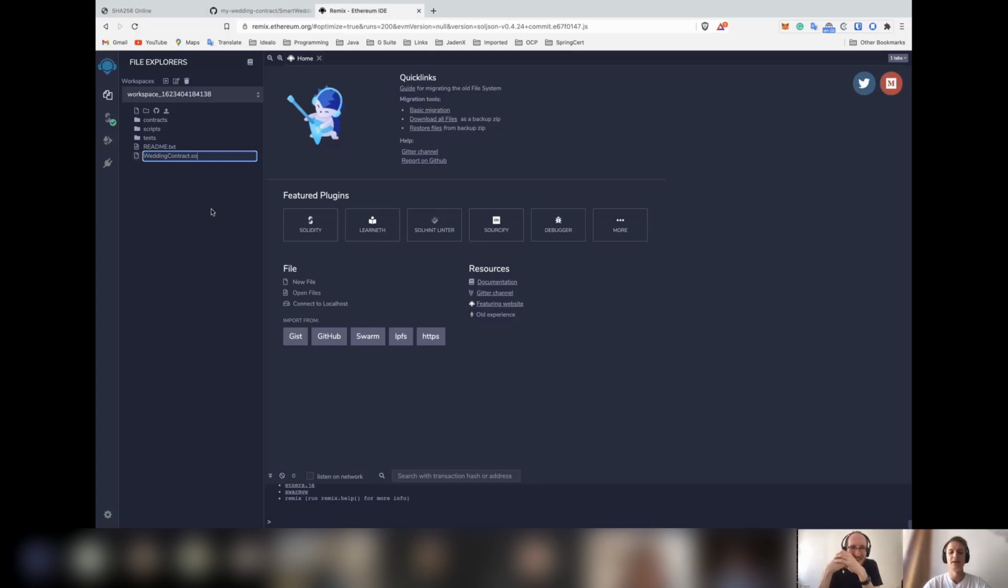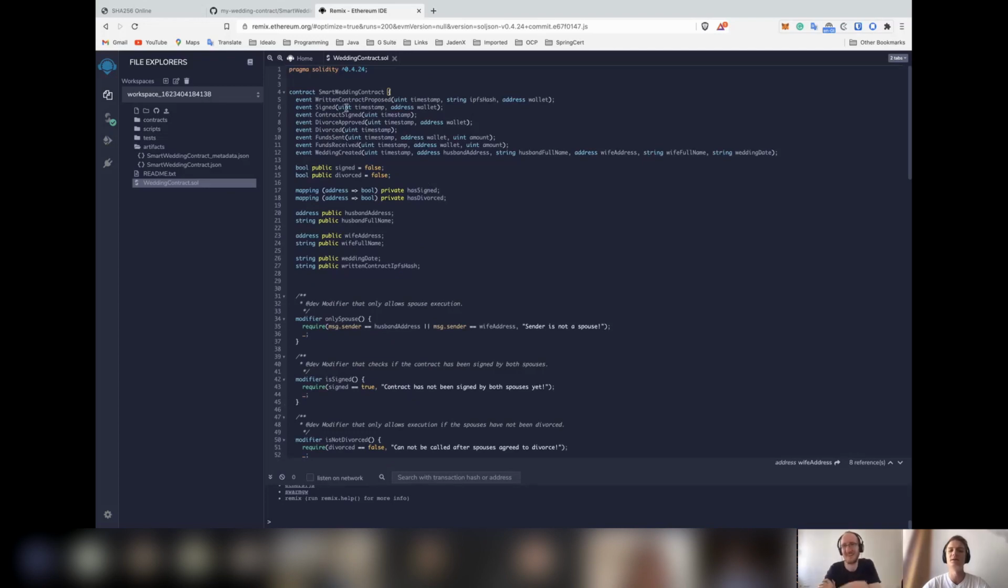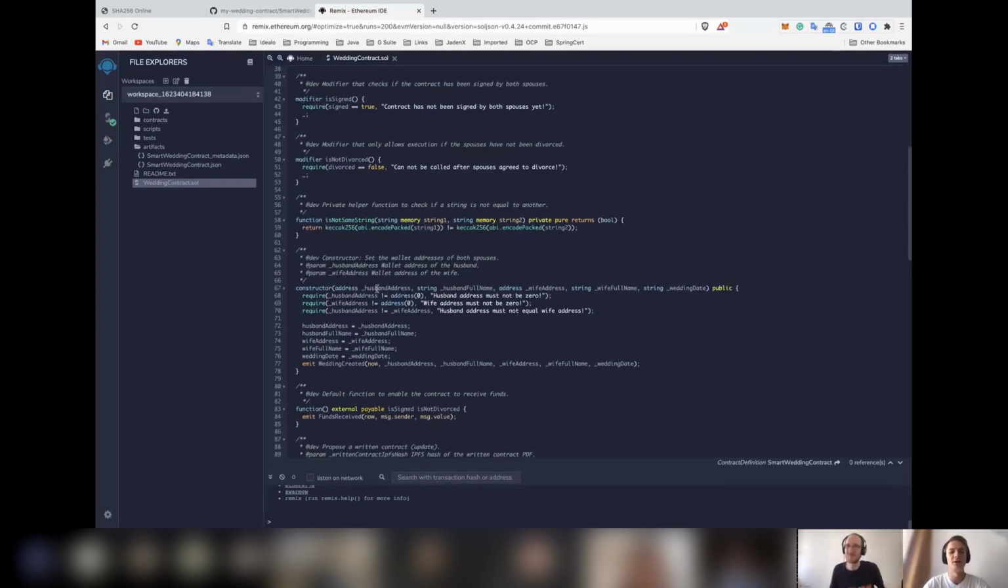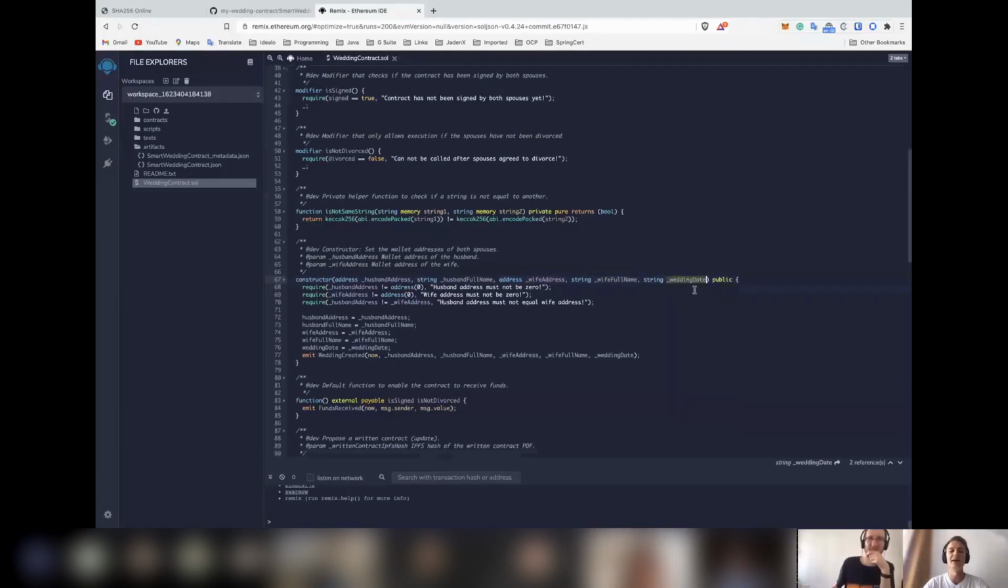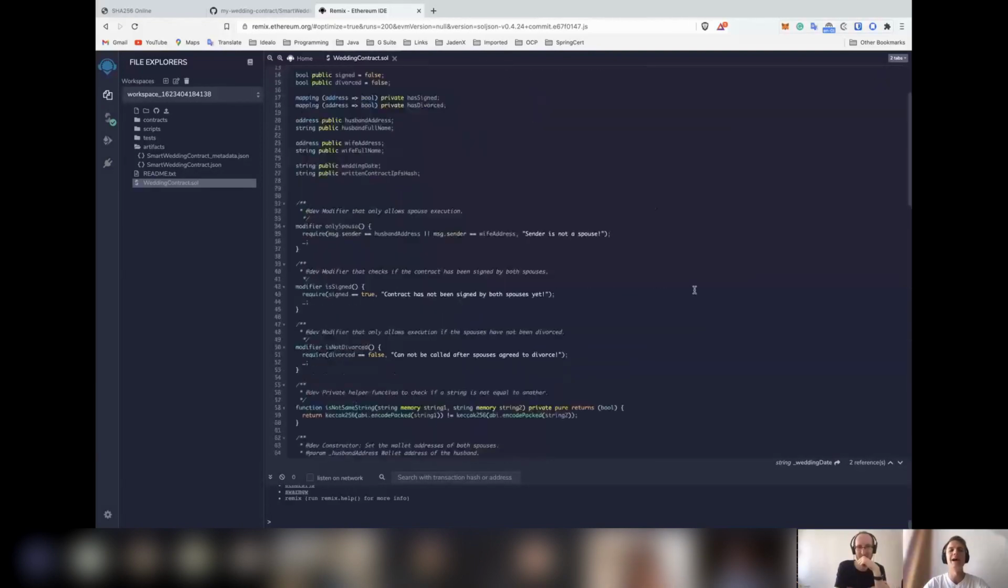And let's together see how you can deploy a contract. This is a super simple wedding contract. You can, of course, have much more complicated logic and store it in the blockchain and have some kind of checks and so on. This was just a contract to store strings. So in the constructor, I have husband address, husband full name, wife address, wife full name, and the wedding date. And apart from that, I've got a few functions to sign a contract, to add a hash of